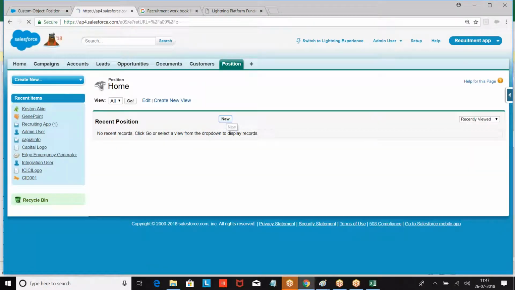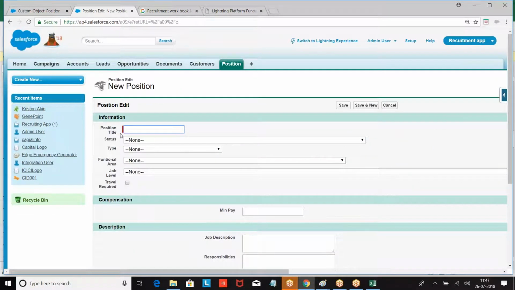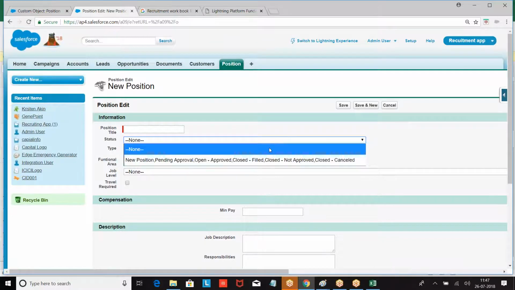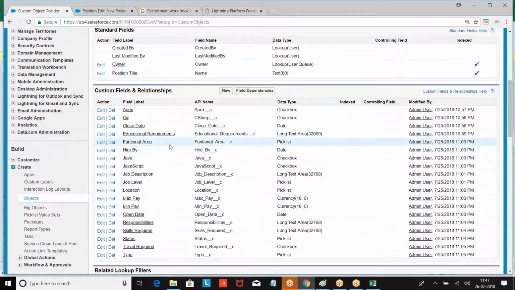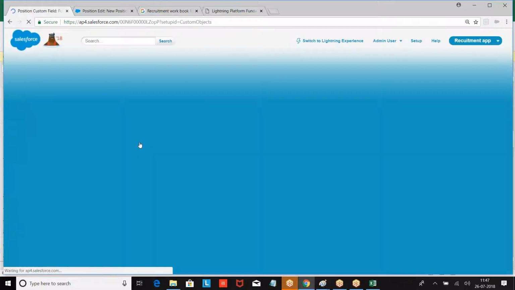Now what is the first error we received here? Status. Why are you getting the status here? Because I gave comma. I didn't give next line. I gave comma. Then how do you modify the fields now? Go to every pick list field. Functional area. Then open the functional area.